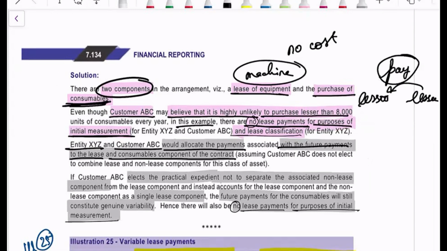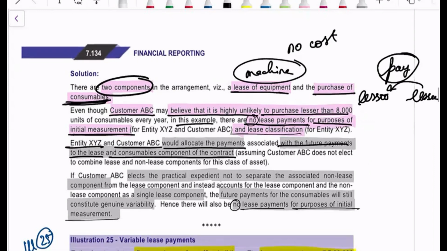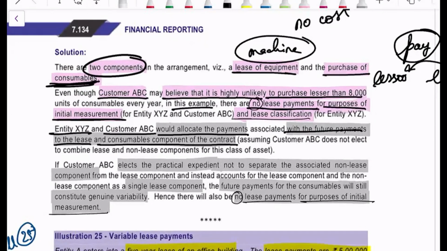Since customer ABC is not electing the practical expedient to separate the lease and non-lease component, the purchase of consumables, which is like a purchase of goods or services only,